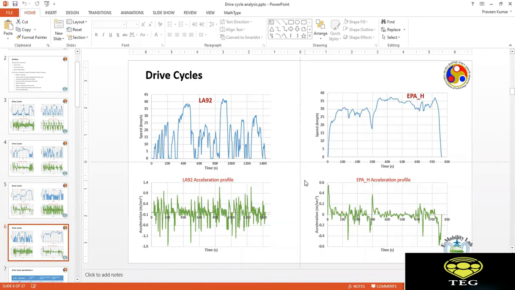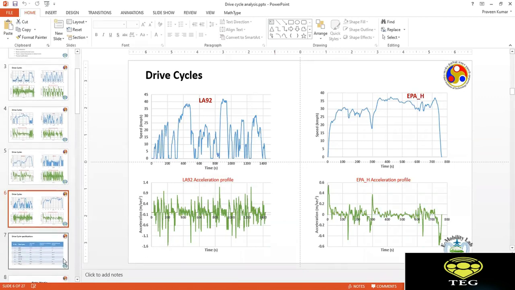So here I have given you examples of some drive cycles. We have seen 8 drive cycles. Actually, there are multiple of them. There are many drive cycles which are available. I have shown here some of them, okay, just to give you a feeling of what exactly a drive cycle is and how it looks. Now, we have also done some initial analysis on the drive cycles. We saw the speed versus time curve of them, and we also saw the acceleration versus time curves for these drive cycles. Now, once we have the drive cycle information in front of us, it becomes important that we start to extract more information from it.